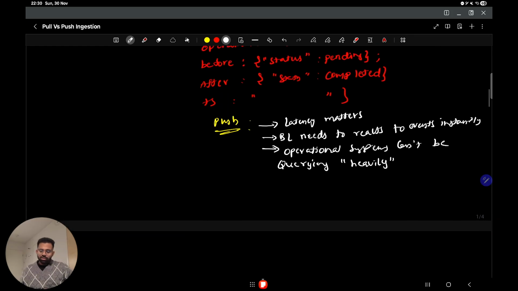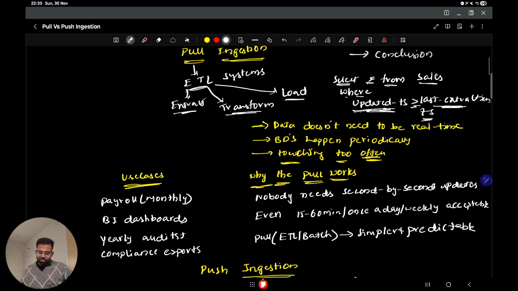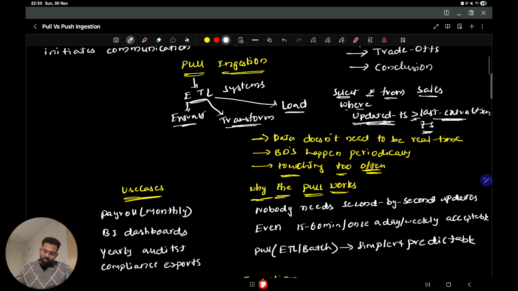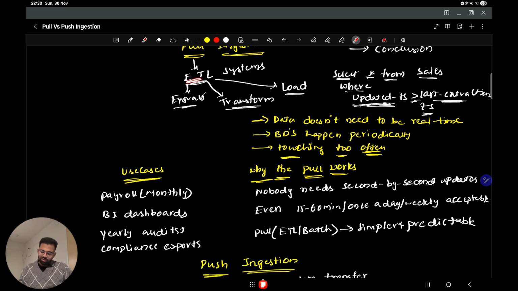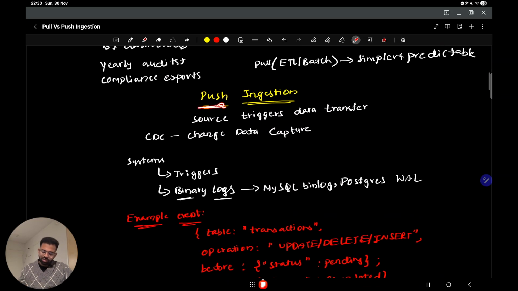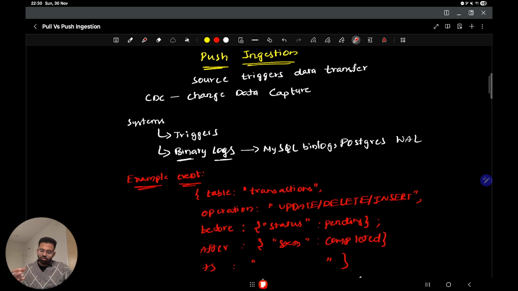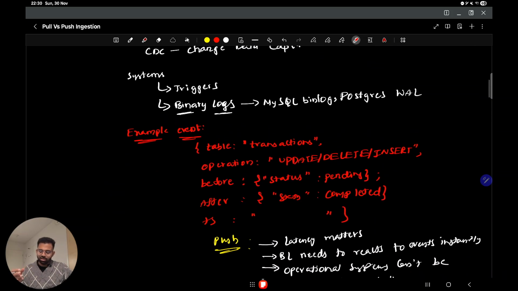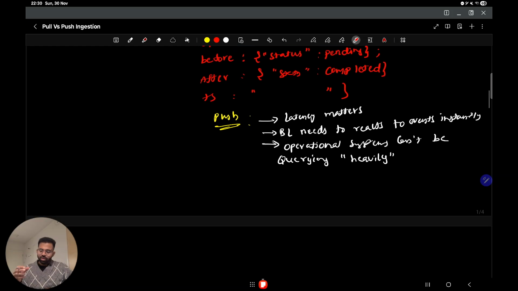By now, I think you might have understood pull. Whenever we are talking about pull, we are indicating that it's batch or ETL. And whenever we are talking about push ingestion, it goes well with streaming ingestion, right? So if you don't know what batch ingestion and streaming ingestion mean, I have made a